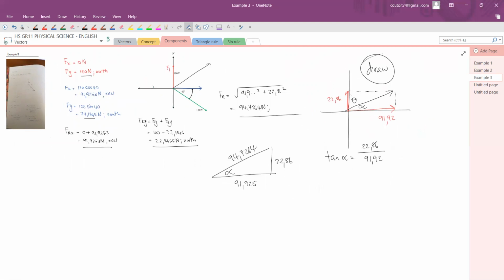Okay, let's just quickly do that. Shift tan 22.86 over 91.92. And that's about 13,97 degrees. So alpha is 13,968. Let's say 97 degrees. I'm just going to keep that. So therefore, the angle theta is 90 minus that. So I'm just going to do 90 minus answer. Then I get 76,03